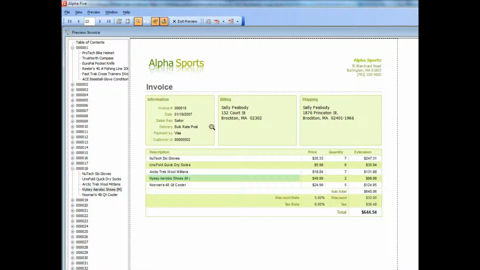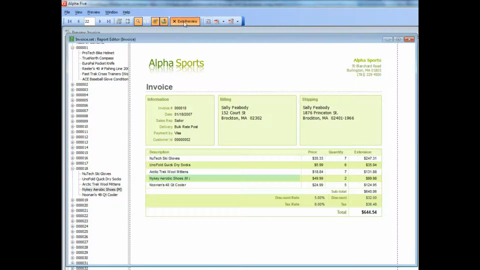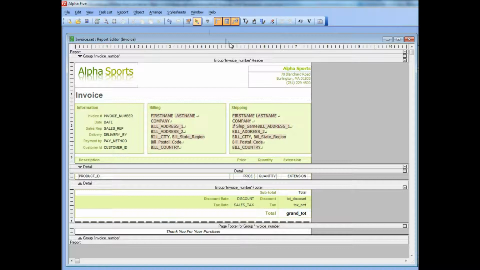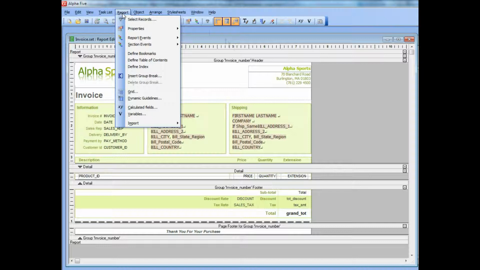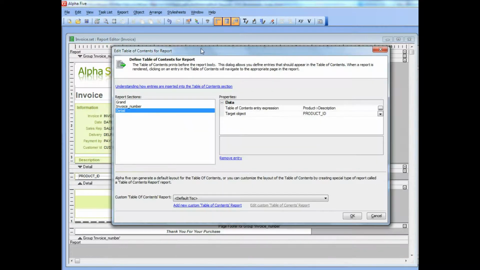Now let's show how easy it is to actually add those features to your own report. So you can see here I'm back in the report in design mode, and if I go to the reports menu now, if you have the feature pack installed, you'll see 3 new entries here: define bookmarks, table of contents and index. So when I bring up, for example, define table of contents, you can see the builder looks like this,